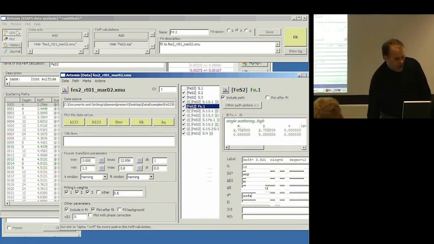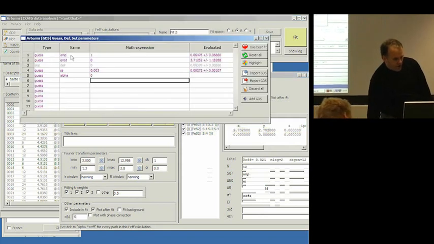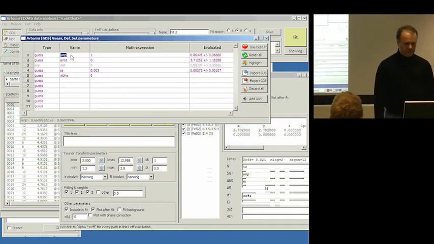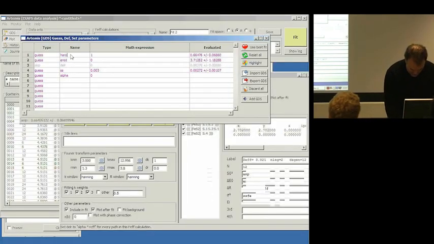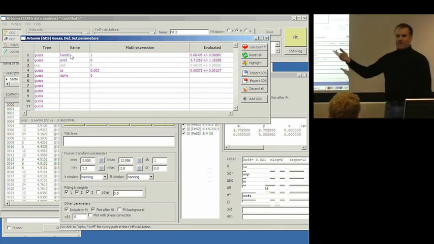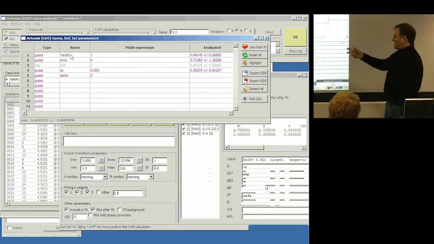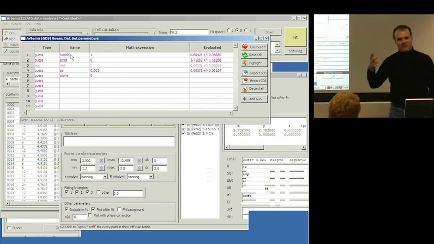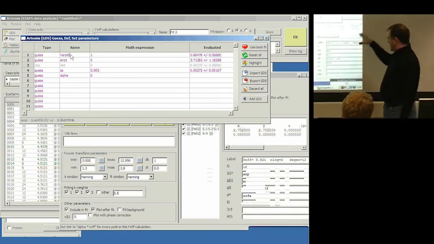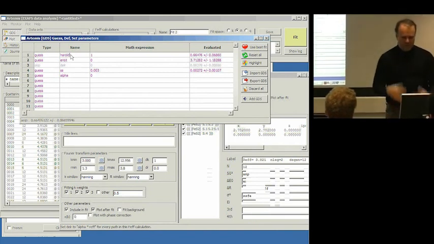I could call it, I don't know, Harold. That's a perfectly fine name for a parameter. The problem with Harold as a name for a parameter is that it doesn't really suggest what it's doing in the fit. So I like to choose my names so that they're suggestive of what's going on in the fit, but the point is that I get to choose the name